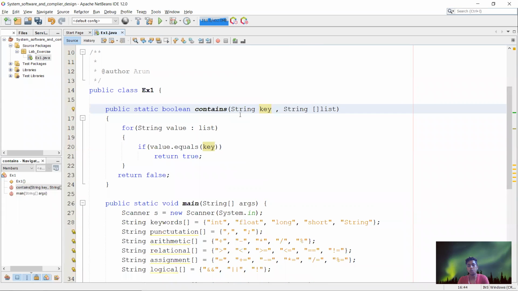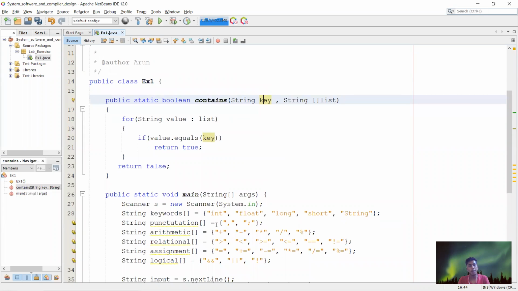So in the split input, the input's first value will be checked whether it is contained in this list. For example, if in that input I'm taking int, the input's first value is int. Here it checks whether int is contained in the keyword list.